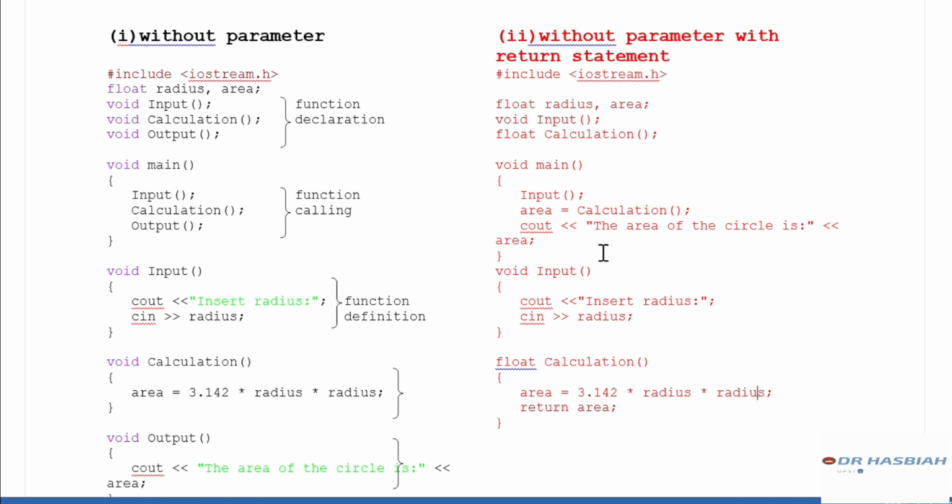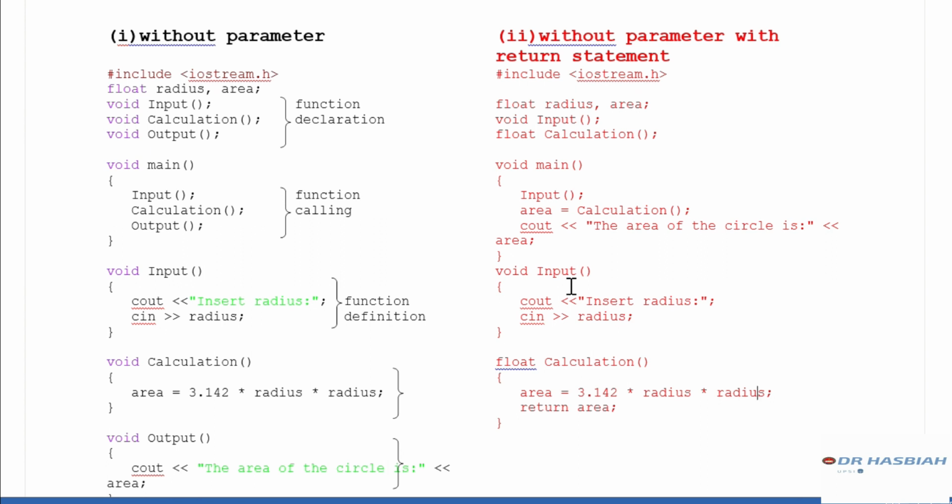So we have here calculation 10, so we assign 10 to area. So when we have cout, the area of the circle is area, meaning the area of the circle is 10. So when you write the function without parameter with return statement, you have to bear in your mind, you don't have any